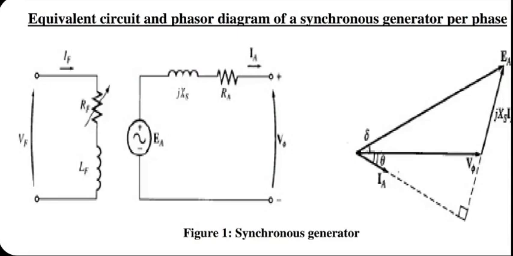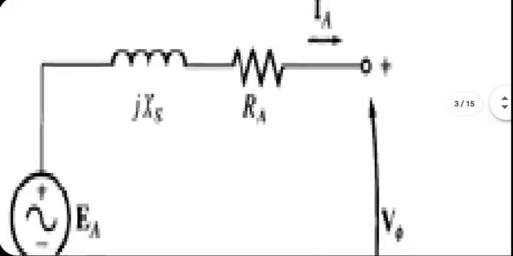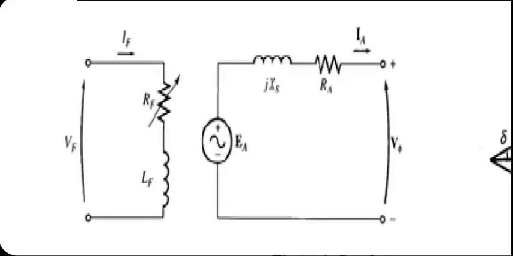Series resistance means the resistance of the armature winding per phase, and series inductance has got two components in it: self-inductance of the armature winding and the inductance created by armature reaction. Those two added give you the so-called synchronous reactance XS. Maybe it's not very clear here, but we'll be calling it XS. And on the DC side, of course, you have a constant voltage feeding a simple RL circuit. That's straightforward.